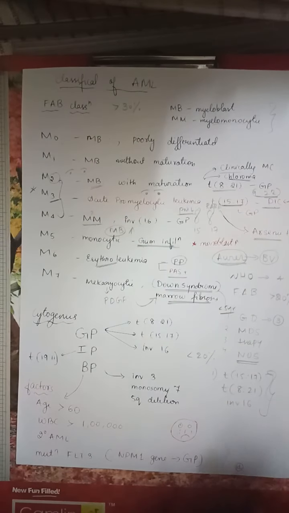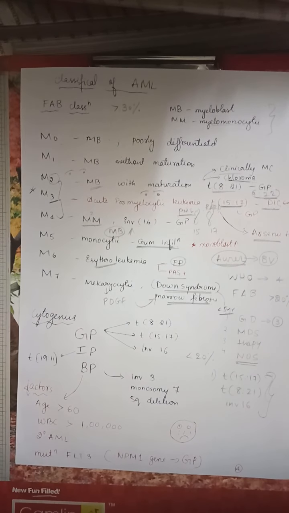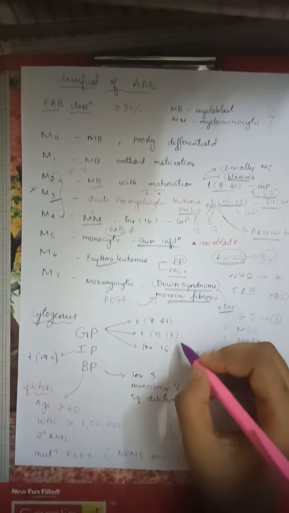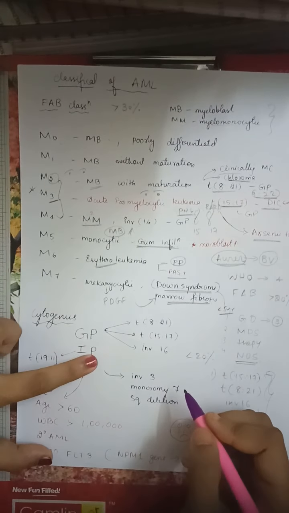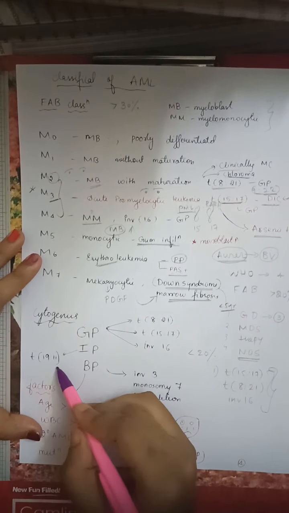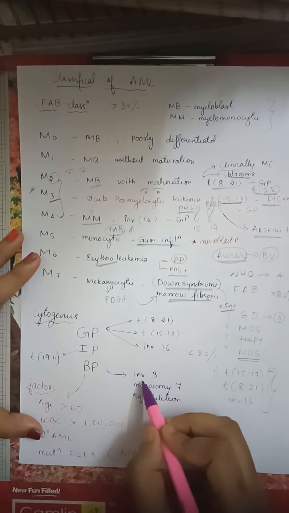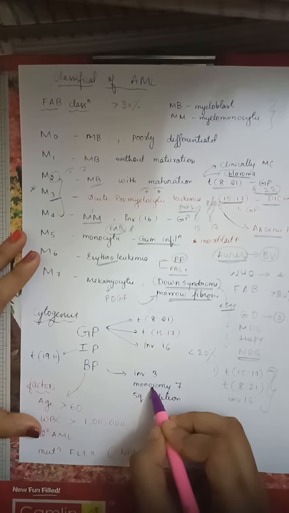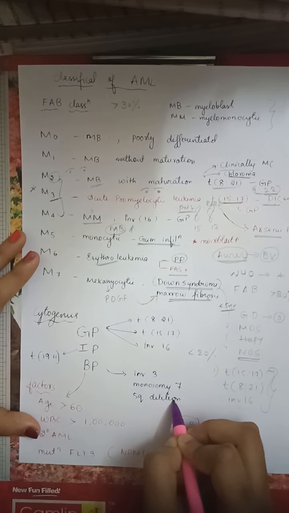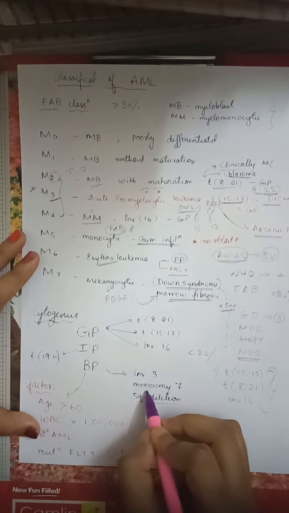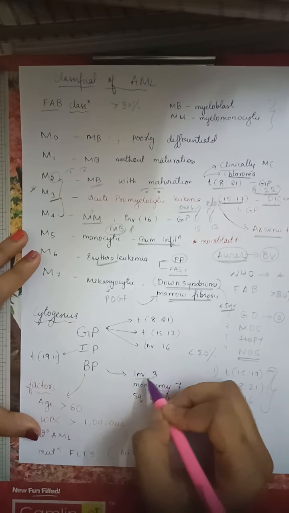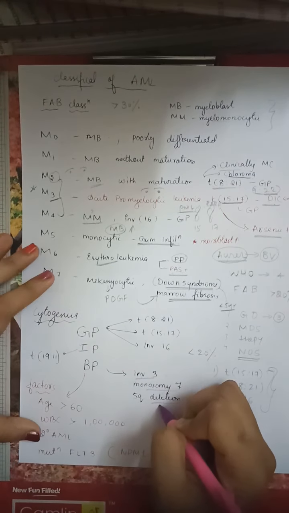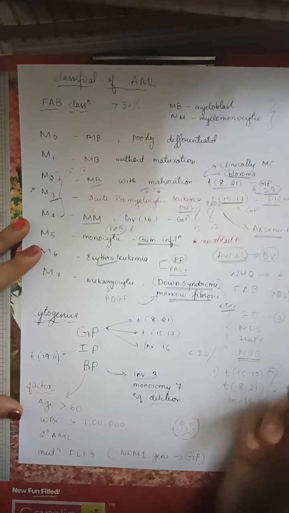Again coming to cytogenetics, it is simple. Now everything is simple. Okay, see, the good prognosis was our favorite translocation which we studied. Intermediate prognosis is translocation 9;11. Bad is inversion 3, monosomy 7, 5q deletion. Basically see, something got deleted, monosomy, and inversion 3. We know that inversion 16 is good, so rest than that everything is bad prognosis. Just remember which is good prognosis.